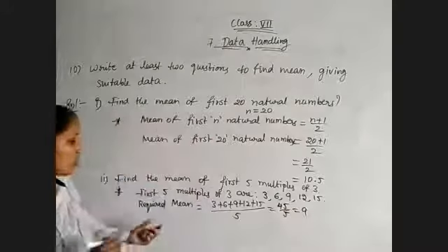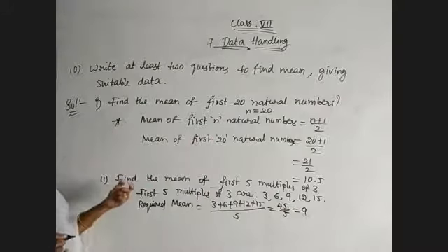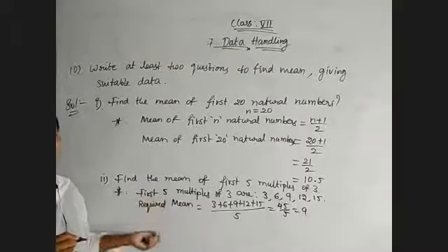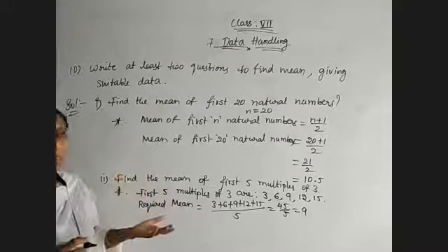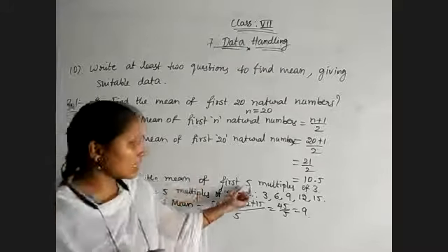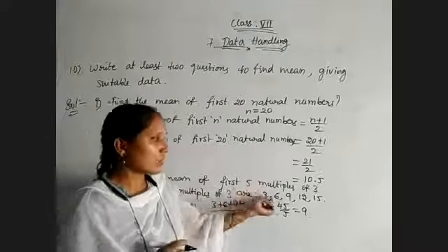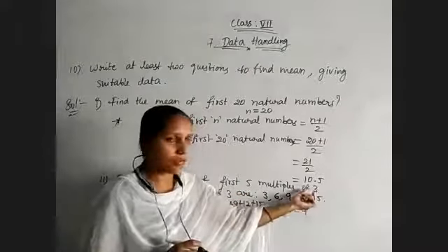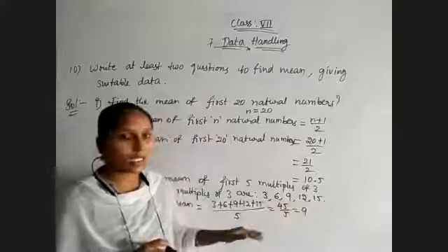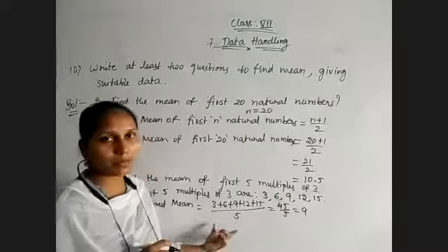That's it. They didn't ask for the solution, they are just asking questions, but I am explaining how to simplify such types of questions also. Just by changing the numbers here, take the first 5 multiples of any other number, 4, 5 or anything. Change the numbers and try to find out the mean.